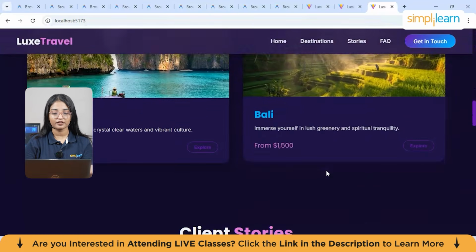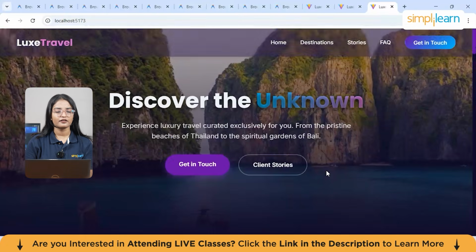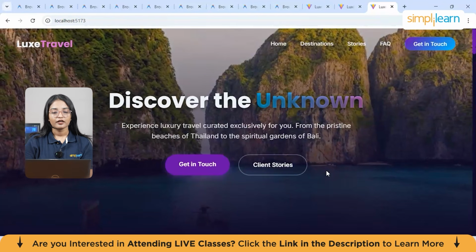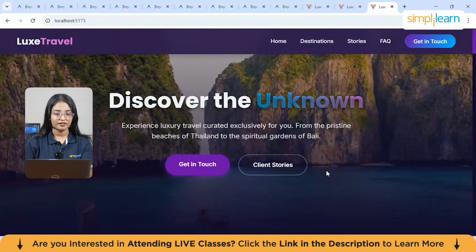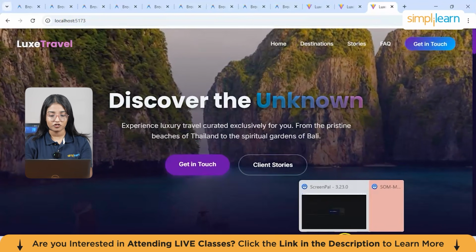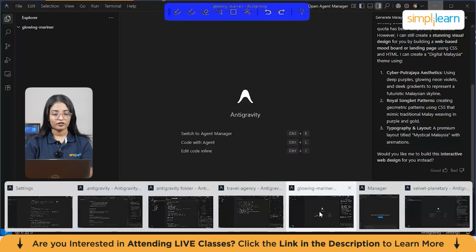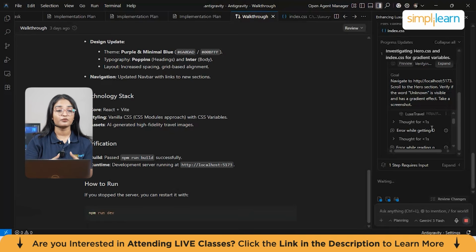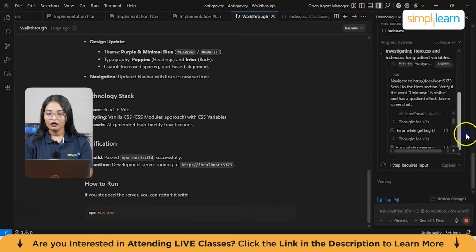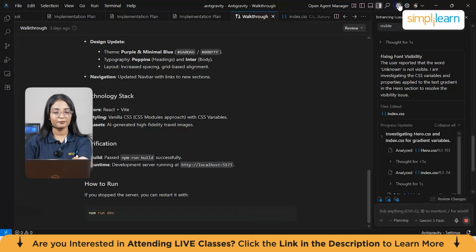Let me know what you think about this. For me, it's okay. If I had to rate it, I would rate it maybe 7 out of 10. If you use Lovable, Bolt, or many other websites, you'll find they are much better than this. And if you talk about the features which Anti-Gravity has added, then the agent mode is pretty impressive because you just have to type a prompt. You can start with many workspaces. You can work on creating many applications at the same time, which is not there in other AI tools or other IDEs. Also, this open browser, the Chrome one, is pretty impressive because it is not there in any other AI which I have seen. So this is also really cool.